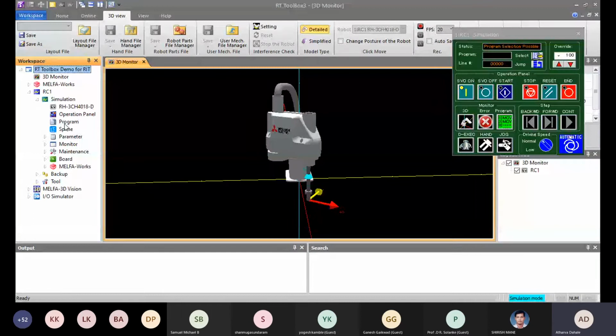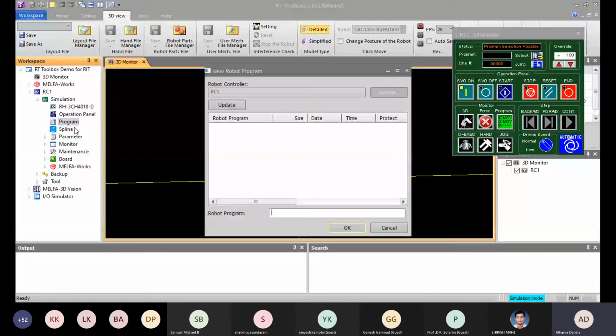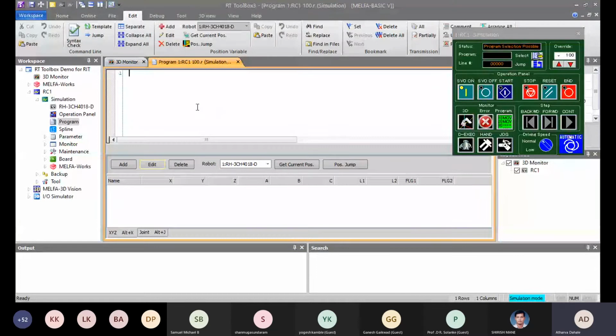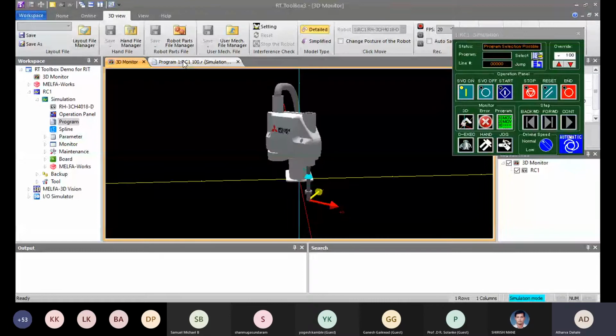After that, there is an option named program. I have to right click it and select new. I have to give some name to the program. I'll give 100, and okay. So this is our program window, and this is our 3D view of the robot.